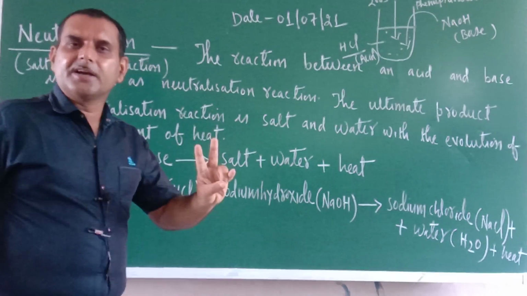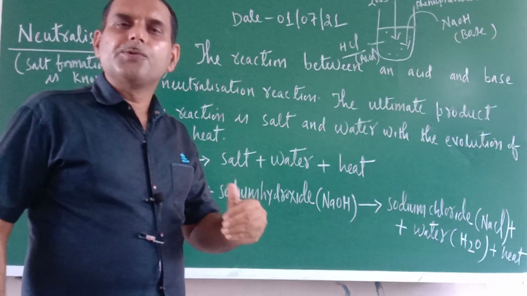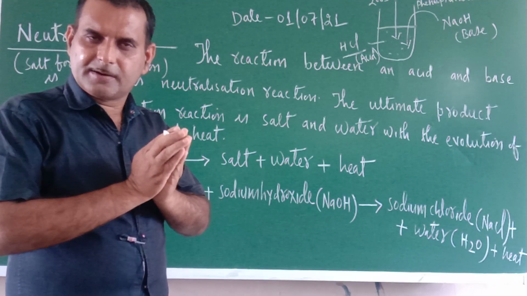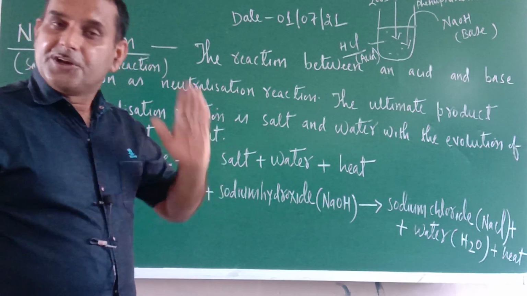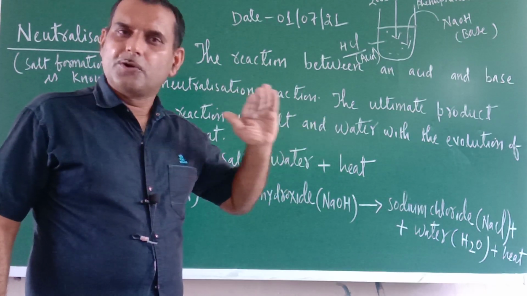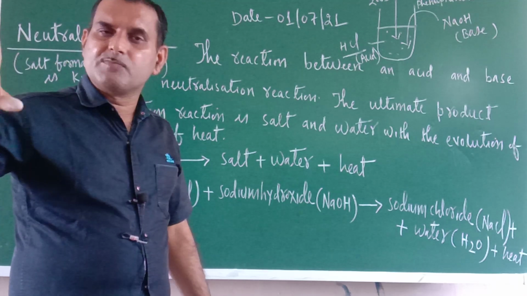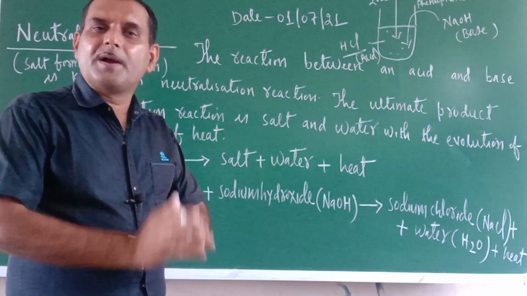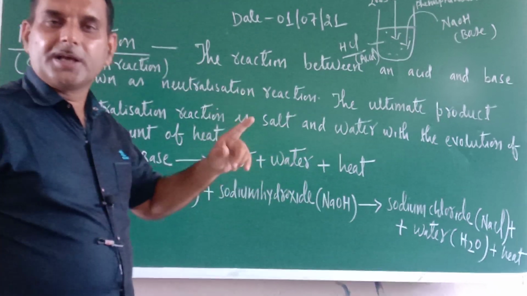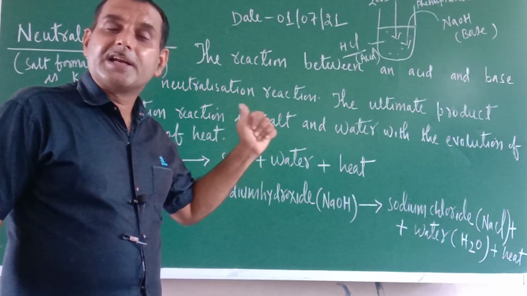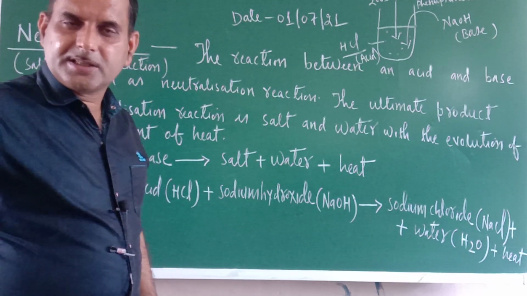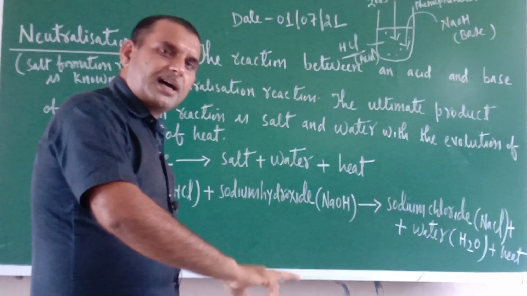Second conclusion is, whenever a reaction between acid and base occurs, the neutralization process takes place. Until acid is more, no neutralization, or until base is more, no neutralization, but the moment the amounts of acid and base become equal, that moment only neutralization will be there. Why is it called neutralization? Because acid is neutralizing the base and base is neutralizing the acid.